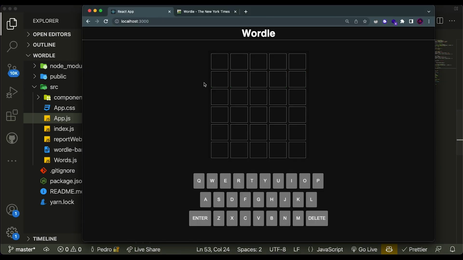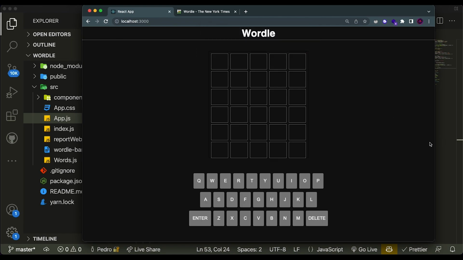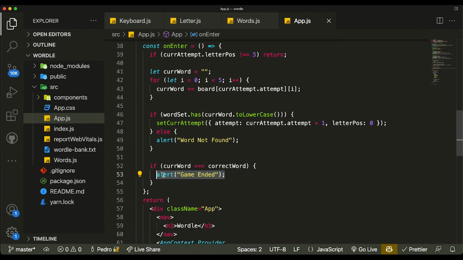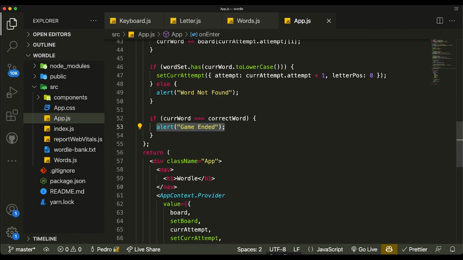And we'll come over here and let's check to see if this works. If I try to guess right, it will say game ended because we guessed the correct word. Now there's other stuff we're going to do based on this, like show a game over part of the website, but we'll do this later because